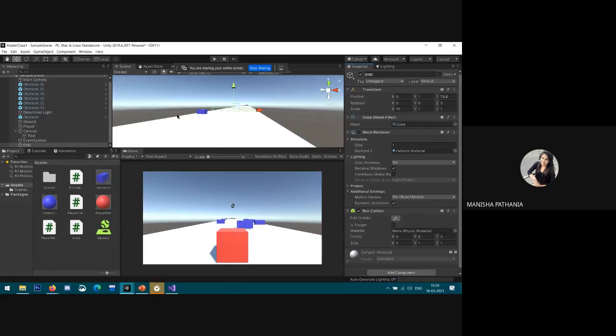That's why I simply turn off this mesh renderer. Yes, now it's added.